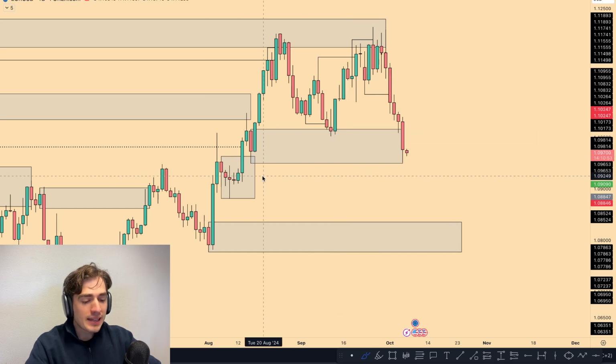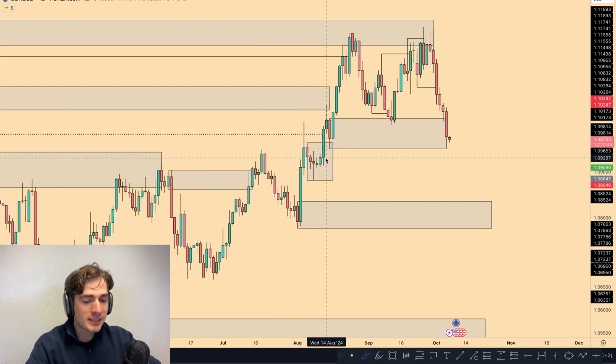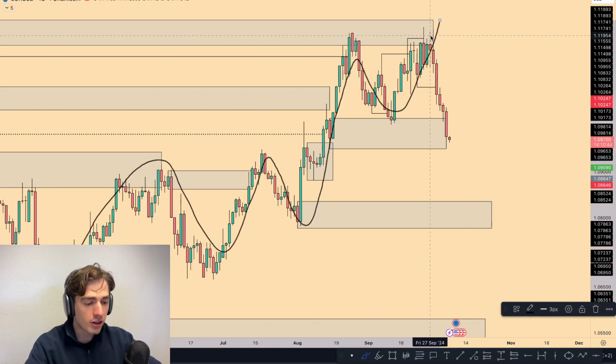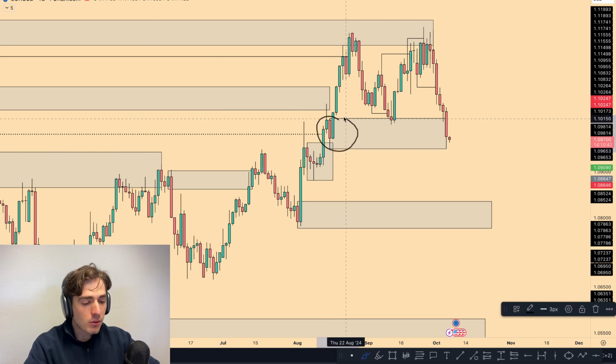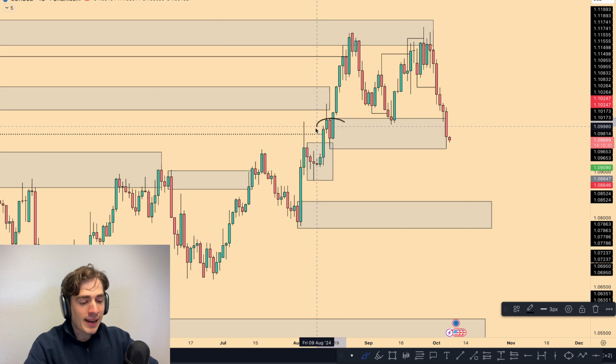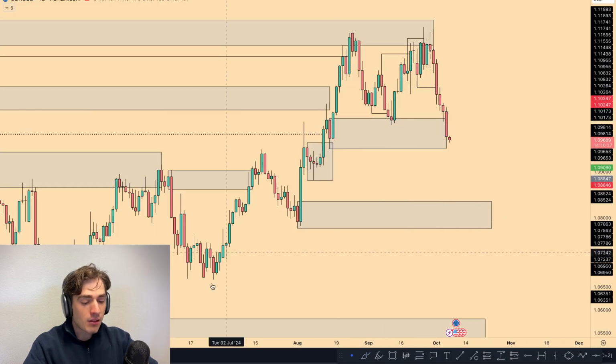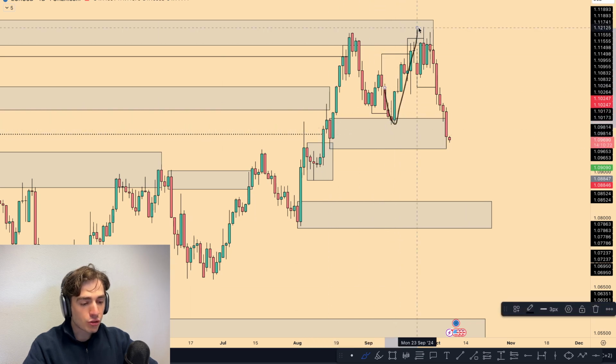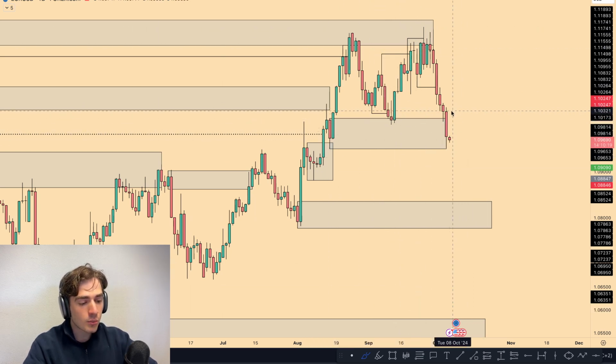Now, what we can see here is that overall, if we look at the swing structure on the daily, it is still bullish, right? As we can see, we still have higher highs, higher lows, higher highs, higher lows, and higher highs and higher lows. However, the thing is that we've now come back in towards a not fresh area of demand. And what you see very often is that when you come in towards these kind of demand zones, which are not fresh, the market will then not really react to them as they, for example, did in the past. So what you see, for example here, is the first time we react to this area of demand, we see a very strong V-shaped reversal back in towards the highs. Now, the second time we are in, hardly any bullish momentum at all, indicating to me that the overall bullish momentum might have just weakened off.